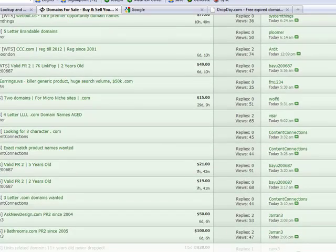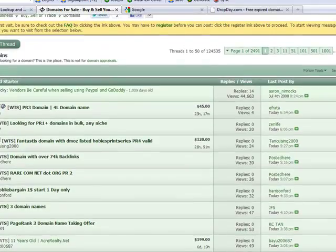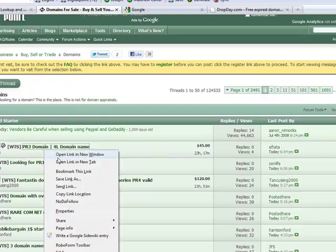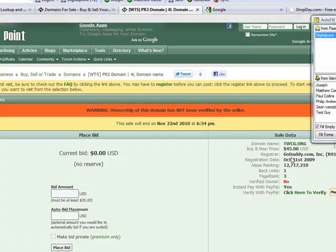PageRank 2, PageRank 2. Okay, so you can scroll to the next page. The thing with the Digital Point forum is you've just got to keep refreshing the screen and coming back here often, because this changes every 5 minutes and there are more domains. Let's look at this one, a PageRank 3 anyway, but I do encourage you to go for a PageRank 4 or a PageRank 5 if you're going to do this. This is selling for $45. The domain is